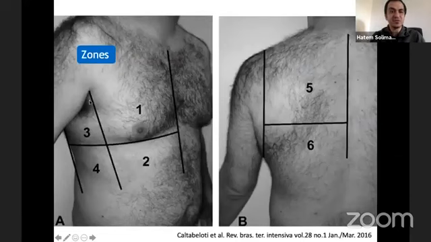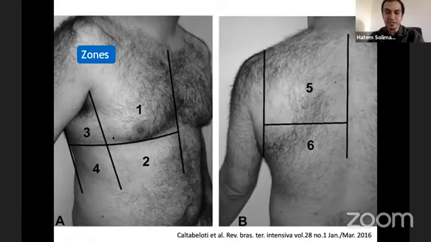And these are the different zones in the lung. There are several protocols for dividing the lungs into zones for doing the lung ultrasound. This is one of them, and this is the one I commonly use. You have 6 zones on the right and 6 zones on the left, 2 anterior, 2 lateral, and 2 posterior. It is usually difficult to get these posterior zones in mechanically ventilated supine patients, but I try to get as posterior as I can,